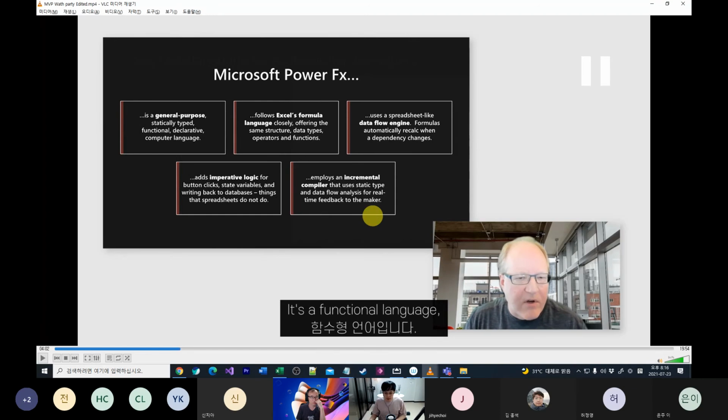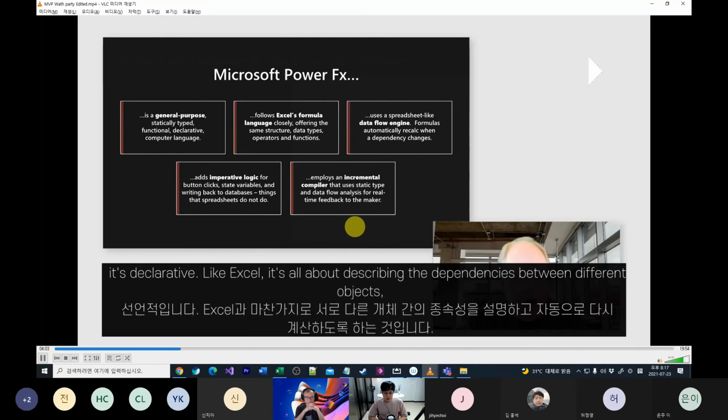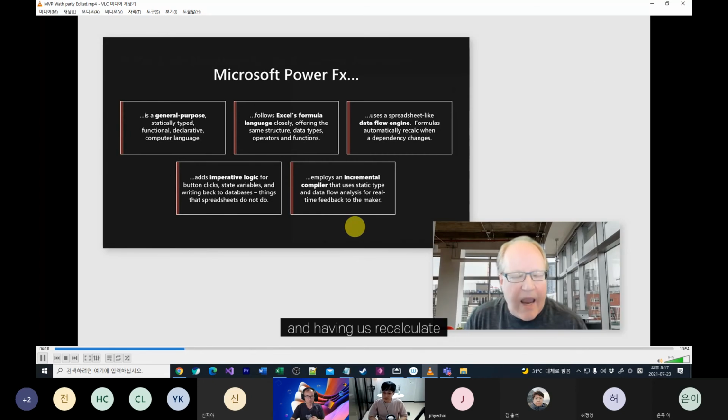It's a functional language. 이 부분도 이제 개발자분이라면 공감하시겠지만 이런 자바스크립트나 C 언어 같은 경우에는 물론 변수를 선언을 미리 해야 되지만 근데 파워 fx 같은 경우에는 함수이기 때문에 그 변수가 선언되지 않으면 계산 자체가 불가능하겠죠. 그렇기 때문에 그 안에 들어가는 뭐 셀이라던가 또는 필드가 무엇인지 반드시 정적으로 입력이 되어야지만 동작할 수 있다는 점이 다르다고 설명하고 있는 거고요. It's declarative. Like Excel, it's all about describing the formula, the dependencies between different objects and having us